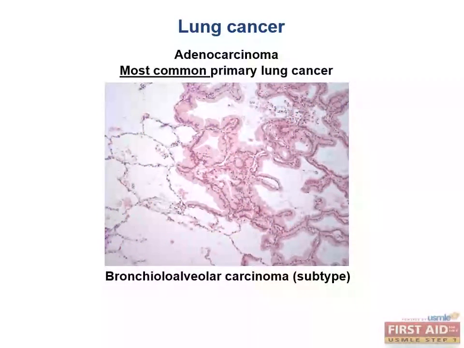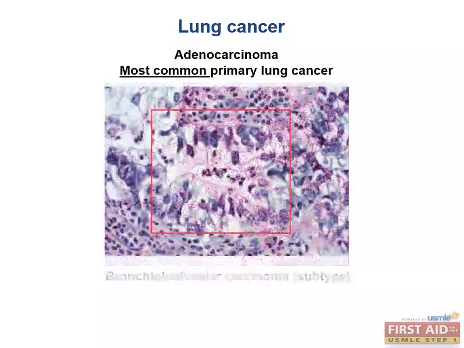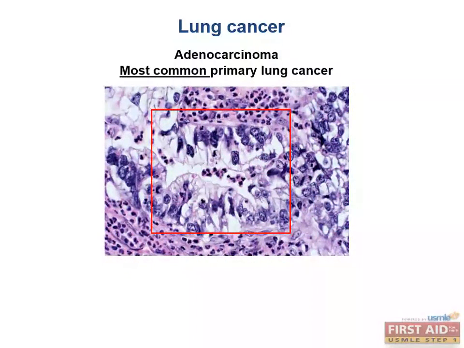The bronchoalveolar subtype is much less common and is not related to smoking, and it typically spreads along the alveolar walls, appearing as thickening of the walls. On the histology of adenocarcinoma, you'll notice the involvement of Clara cells and/or type 2 pneumocytes. Fortunately, if you catch this form of lung cancer early, it can be surgically resected.